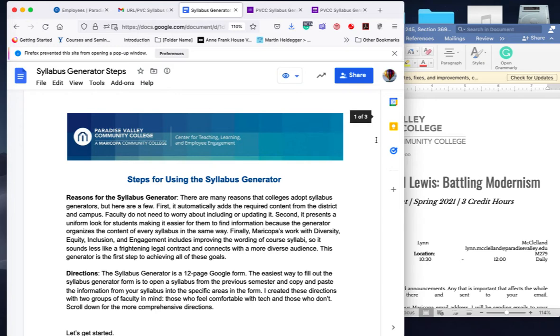Now, this Syllabus Generator originated at Mesa. Phoenix College has a version of it, and Glendale has a version of it. We got this one from Mesa and then adapted the content for Paradise Valley. What you see in front of you is the document that we will be sending out, or you may already